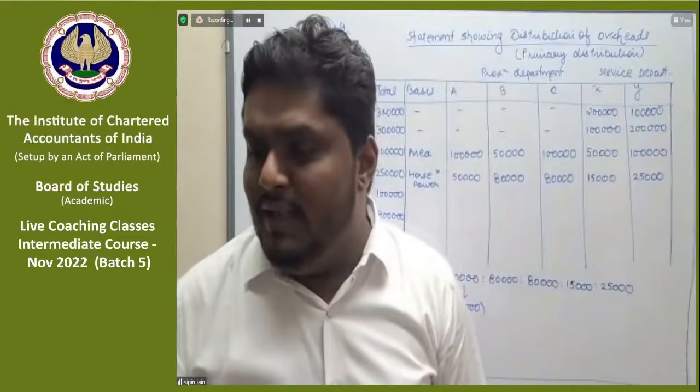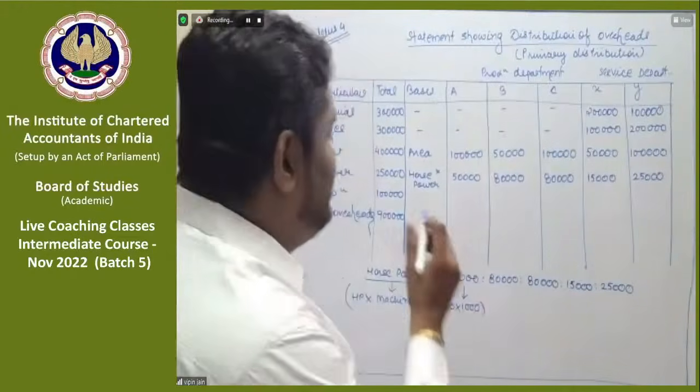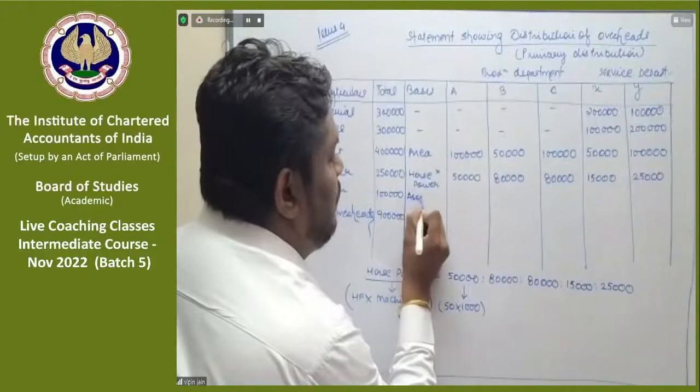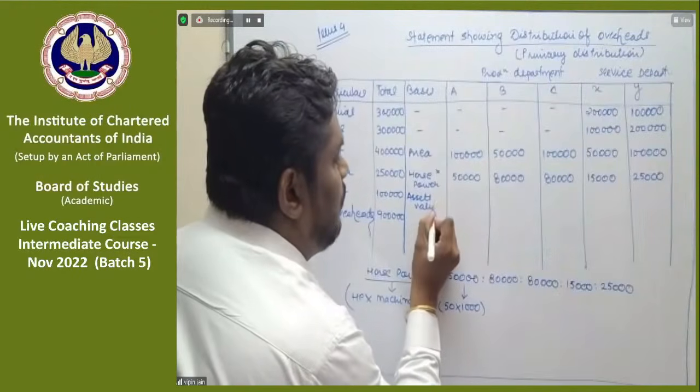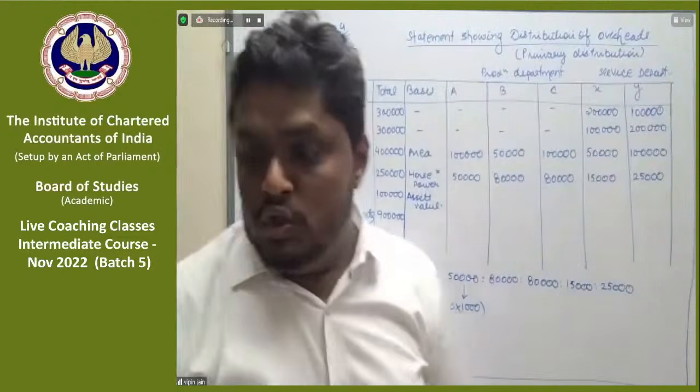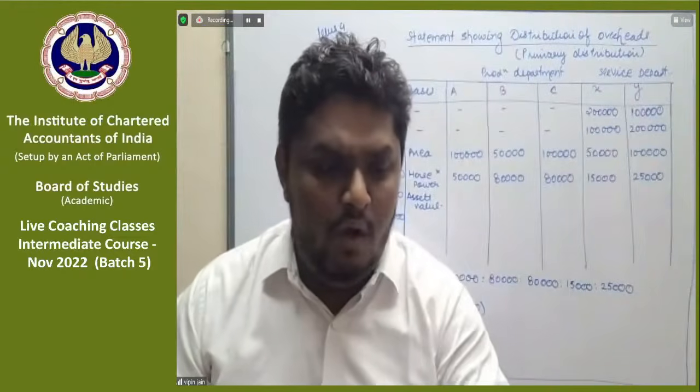It will be distributed in the ratio of capital value of assets. So 1 lakh will be distributed in the ratio of